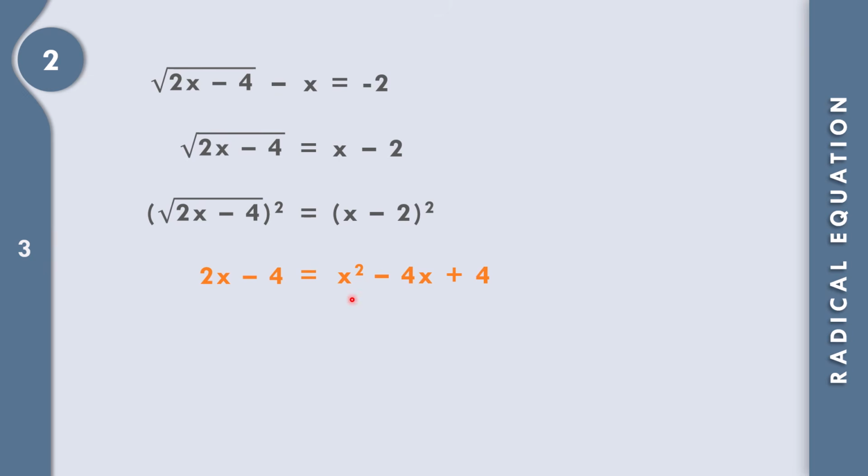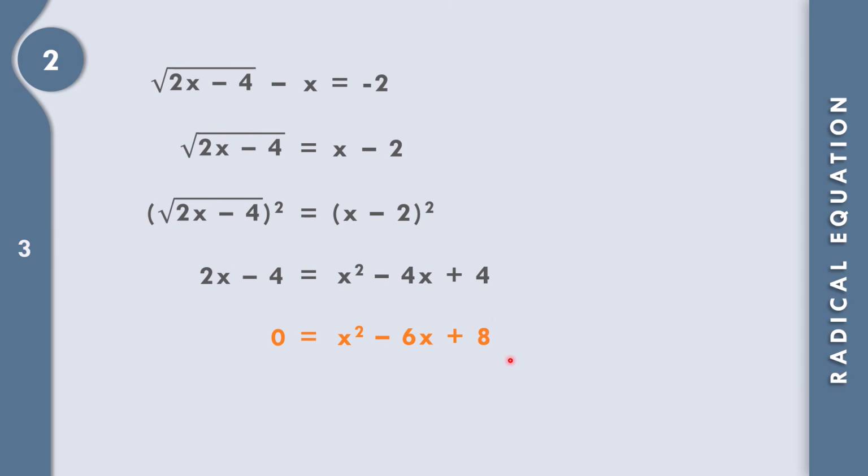We can move x squared to the left side, or retain x squared on the right side so that the left side becomes 0. So copy x squared and copy negative 4x. But there is 2x here; moving it to the right side, it becomes negative 2x. Negative 4 and negative 2 is negative 6x. Bring down positive 4; negative 4 goes to the right side and becomes positive 4. So 4 plus 4 is equal to 8.